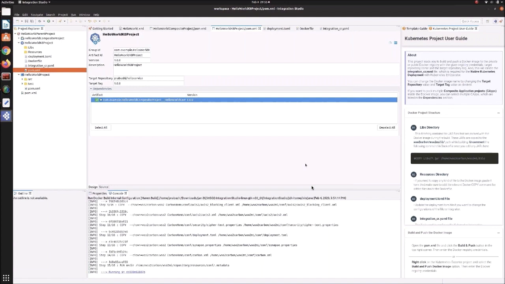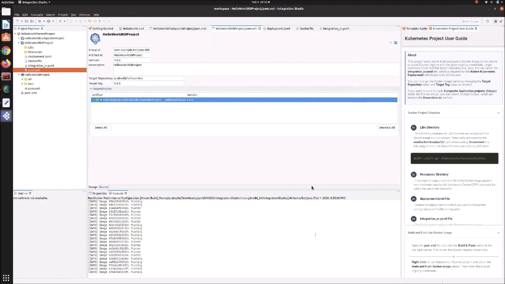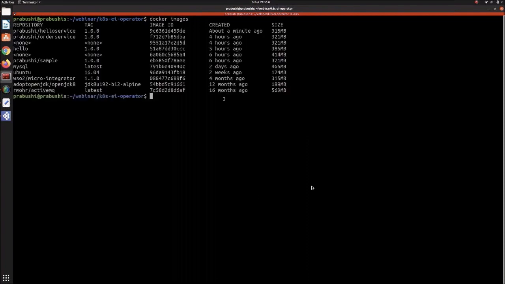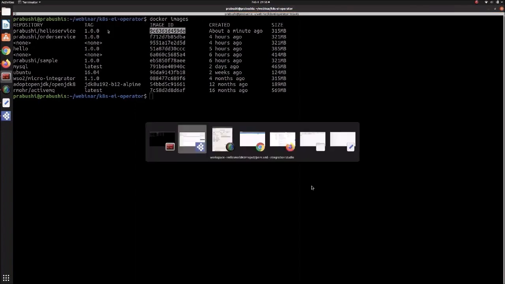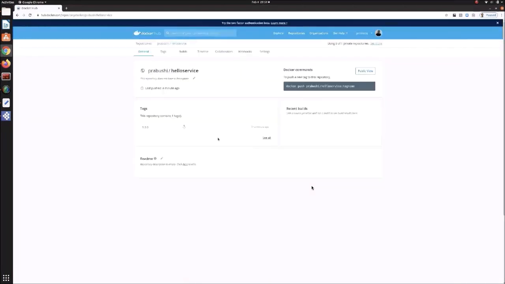It will basically first build the artifact, then push the Docker image to the Docker Hub repository you have defined, and it will also be added to our local repository. So hello service has been added to our local repository, and if we refresh our Docker Hub repositories, now we can see the hello world service has been added there.